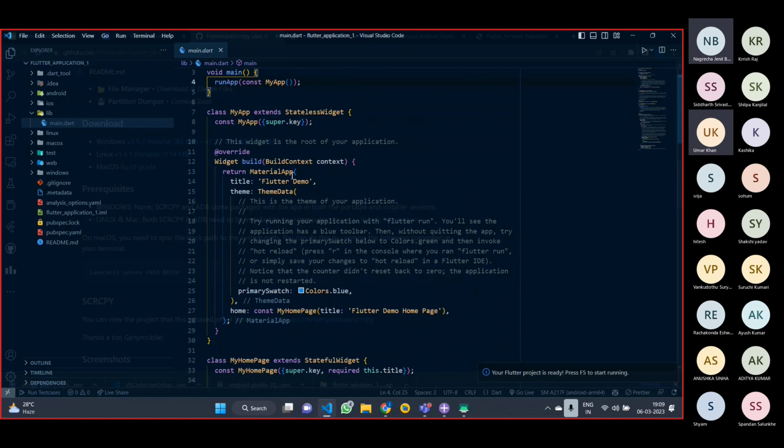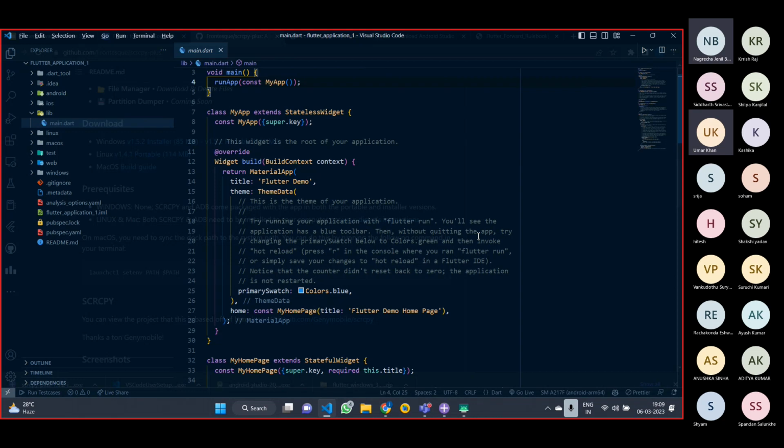Now we are on the main screen of our Flutter project. This is the screen where our Flutter project starts, and there are then routing and all those things which I would explain in tomorrow's lecture. But let's get an idea about what these files and folders are